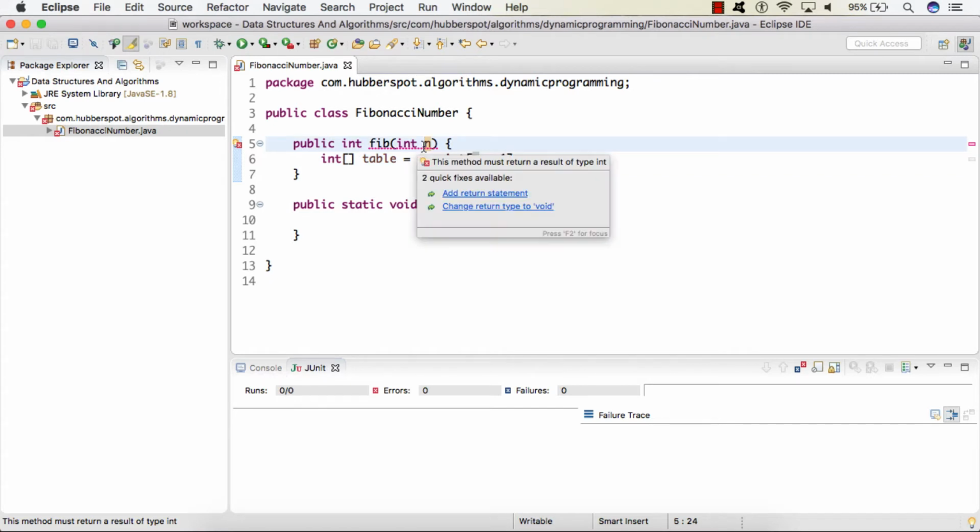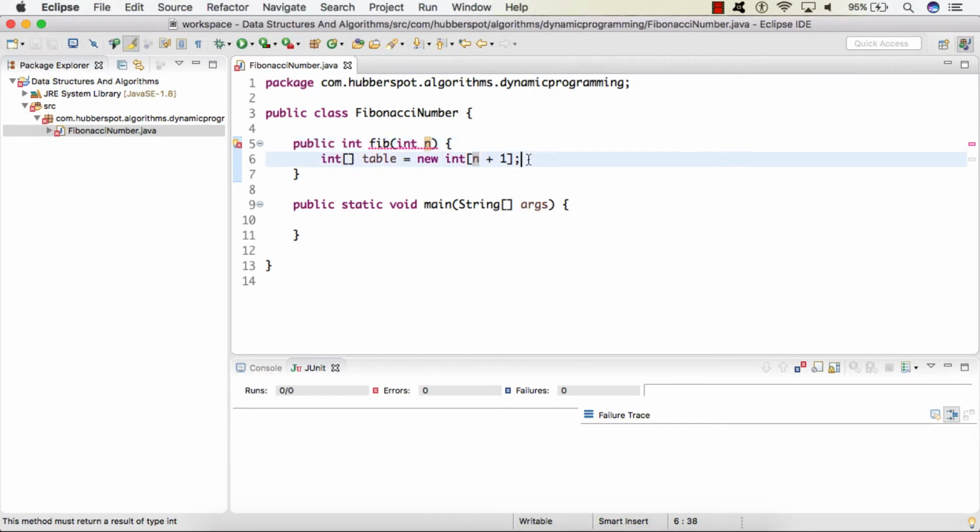So in order to get the nth Fibonacci number, we need to create a table which can store n plus 1 items, so that it will start from 0 to n, and at the nth index we will have our nth Fibonacci number.